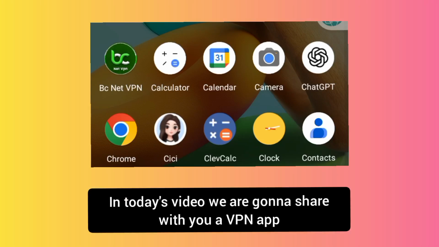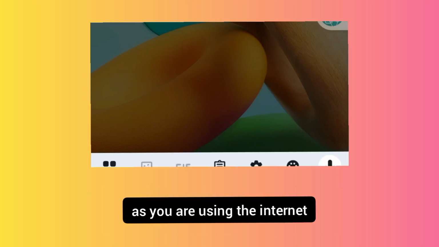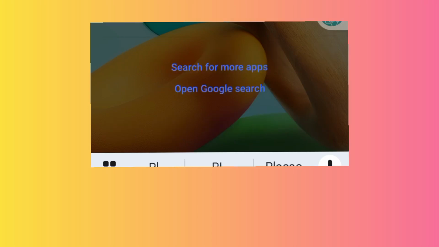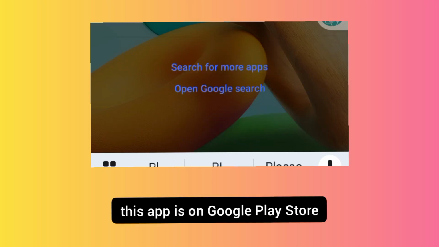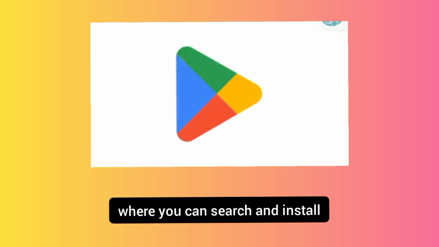In today's video we are gonna share with you a VPN app that will help you to secure your connection as you are using the internet. And this app is on Google Play Store. So you open Google Play Store where you can search and install